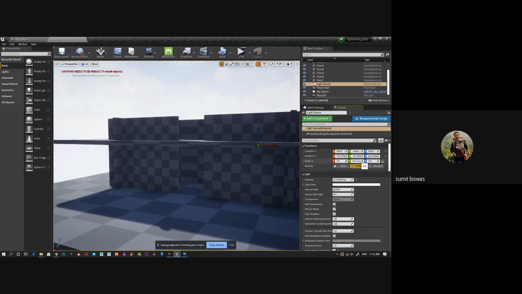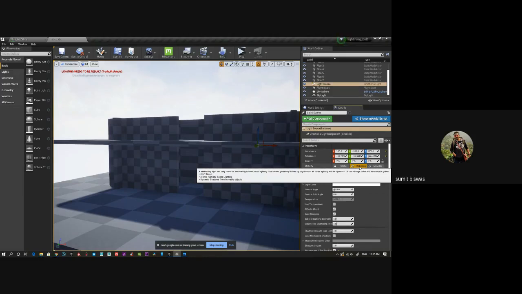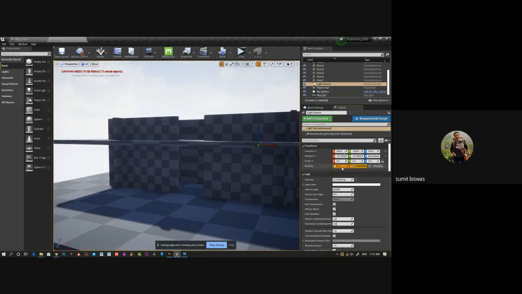It won't bake. Stationary, your light will bake, but you still have some functionality, like you can change the brightness and the color. Static means you cannot change anything; it's completely fixed, frozen. All the properties are totally frozen lighting.